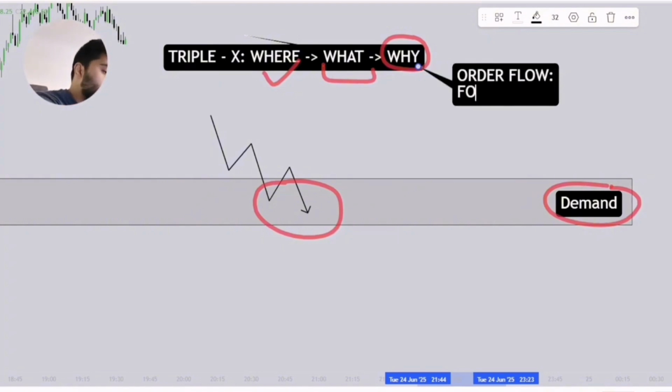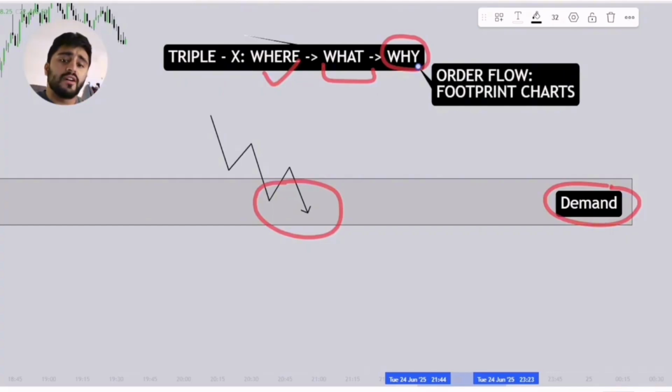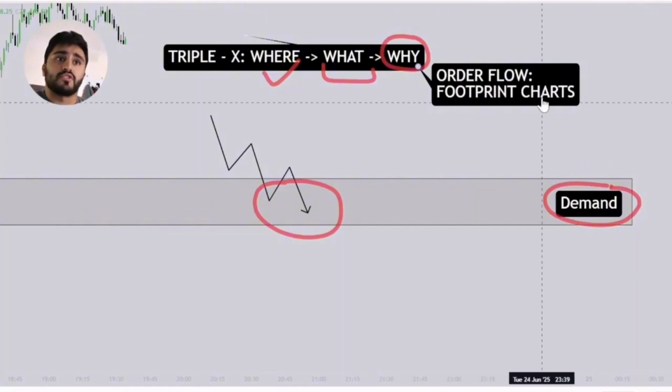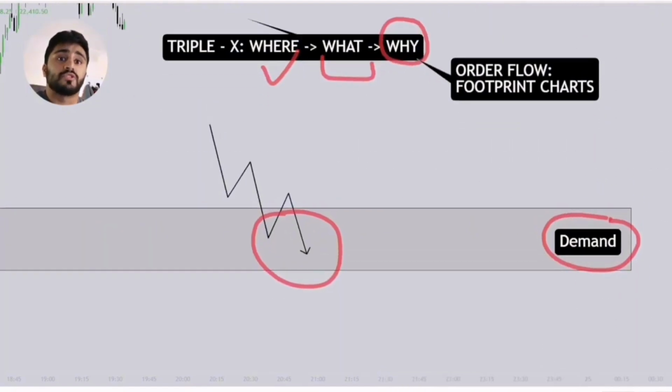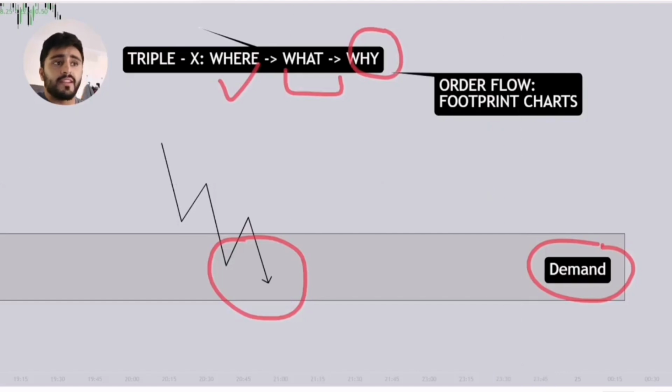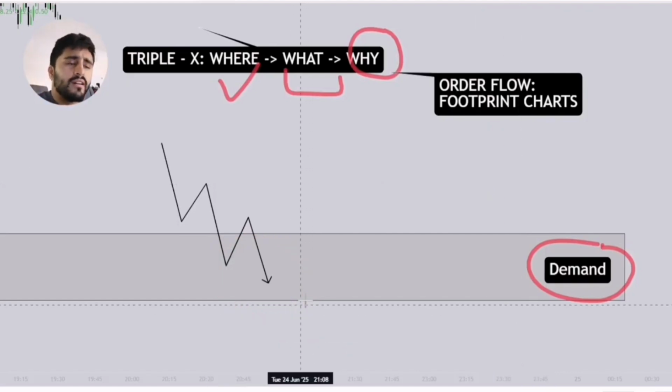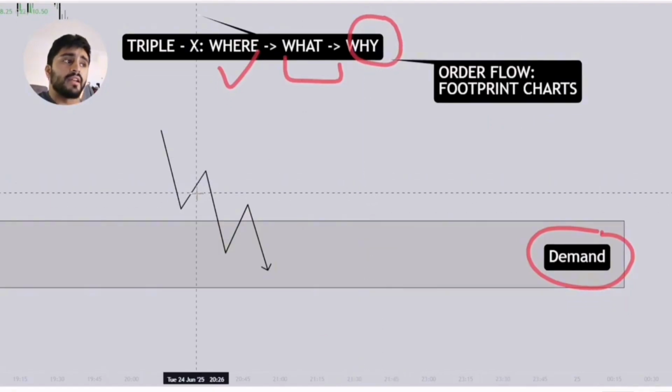And so order flow comes down to basically using footprint charts, right? Footprint charts are the fundamental backbone towards my trading, and it's the fundamental backbone towards supply and demand. So with that being said, if we just apply the XXX model to what we can see here and add a demand area, we want to understand what is going on inside of the demand area. So the only